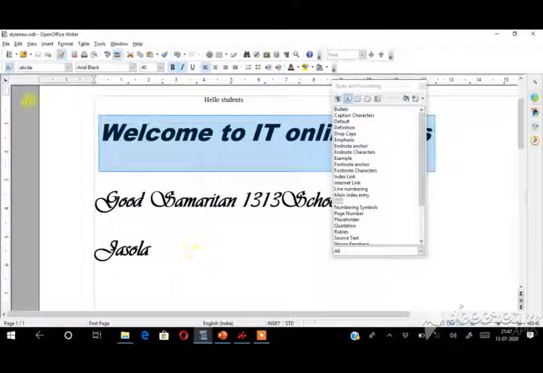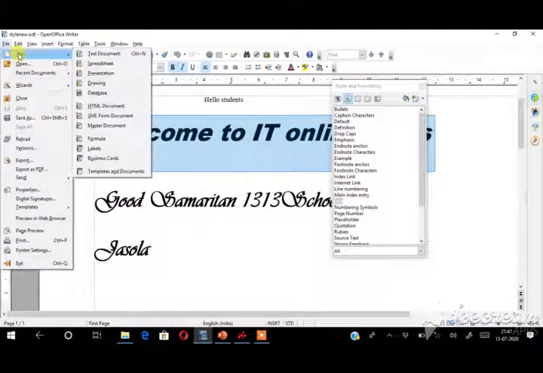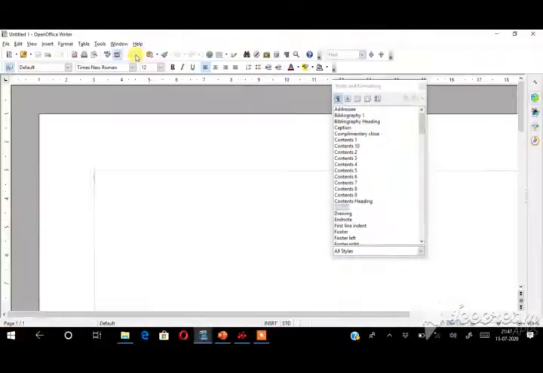I'm going to create another document now. How can you create the document? Click the File menu, choose the New option and Text Document. Otherwise, you got to press the shortcut key Ctrl+N. So now the new document is created. Here, I'm going to type some content. I'm typing here, welcome, only typing.